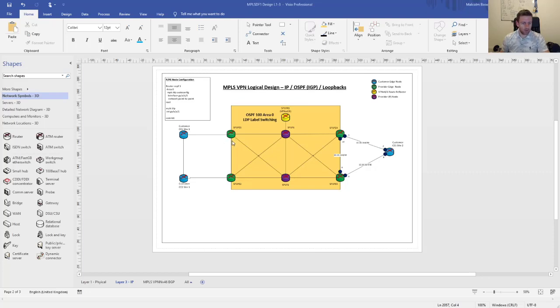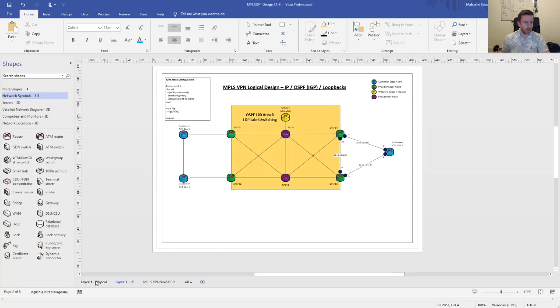So you would port channel them together and either have a layer 3 or a layer 2 port channel, just depending on your environment and whatever you had available to you. But in the MPLS core, there's very little requirement for layer 2 from a label switching perspective. It's more, if you think about the stack, it's layer 1 physical connectivity, which is what we see on the